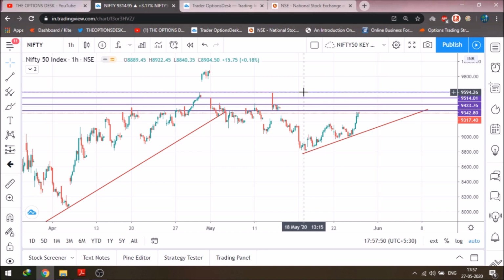That is the final resistance for the Nifty 50, and that is also the high of the Modi ji gap up candle that was formed on the 13th of May, 9:15 a.m. So this is the candle for the Nifty 50. If it starts to move on the upside, we should always consider that